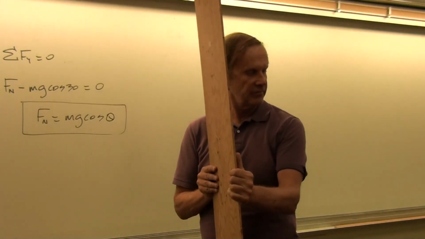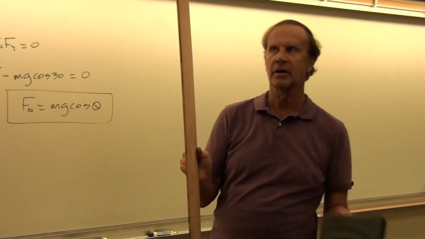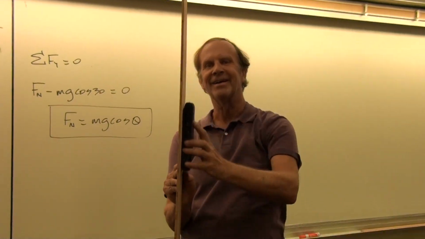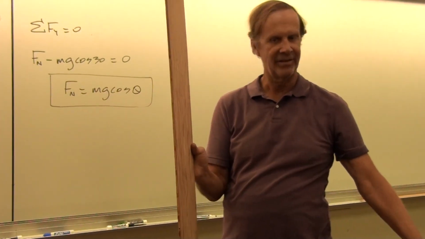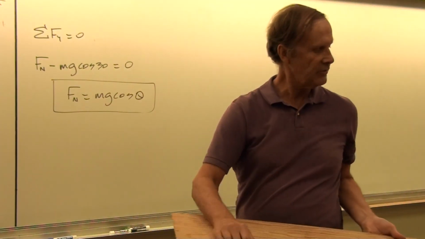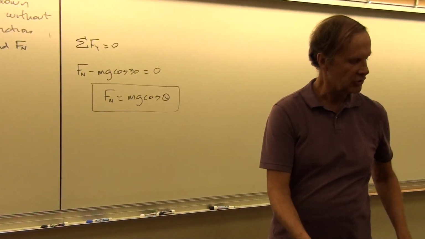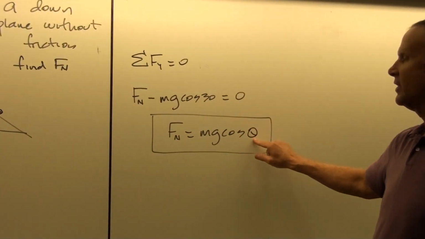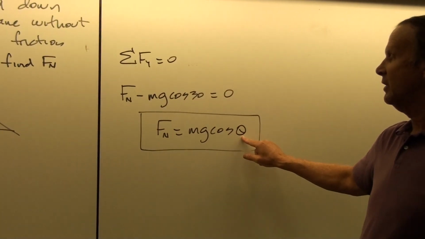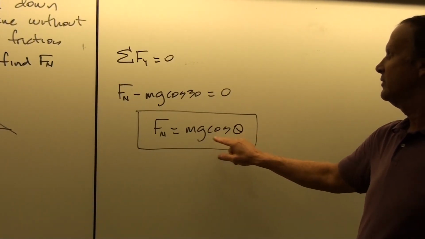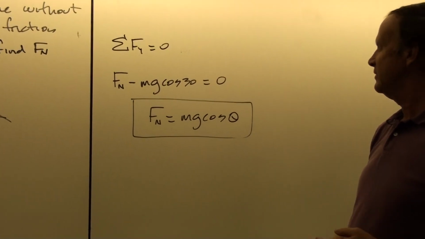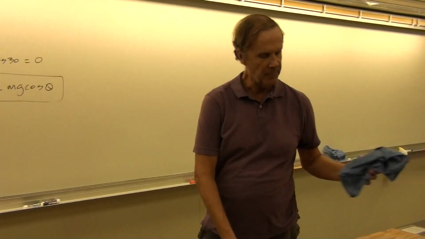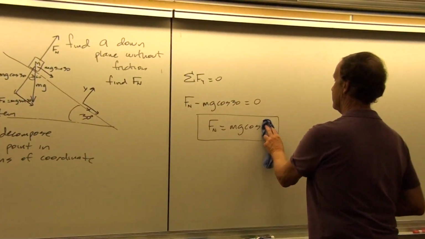What if the surface is vertical? Well, if the surface is vertical, then the plane doesn't really get in the way of the object going down the incline. And so the surface doesn't have to push on it. It has no normal force. So that would be mg times the cosine of 90, which is 0. Okay, so it would be in free fall. So I think it's always good to look at these limiting situations just to see that it's working, that it doesn't just work for one particular value.